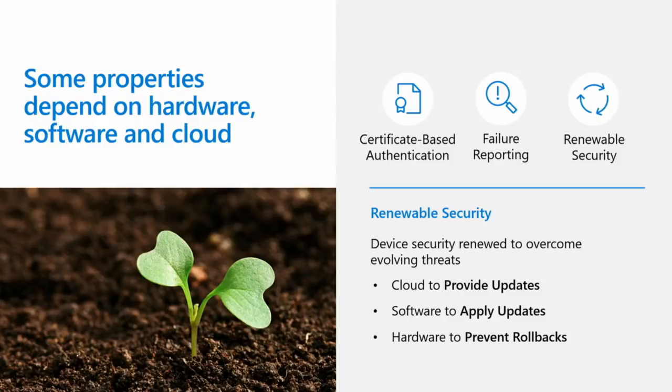What's a rollback attack? A rollback attack is a really clever attack where you have an old version of, let's say, signed and legitimate software that has a known vulnerability, and you trick the device into basically downgrading to a legitimate but buggy version of the software so you can exploit it. You have to have support in your hardware root of trust, for example, in eFuses, to be able to prevent rollback attacks from occurring.